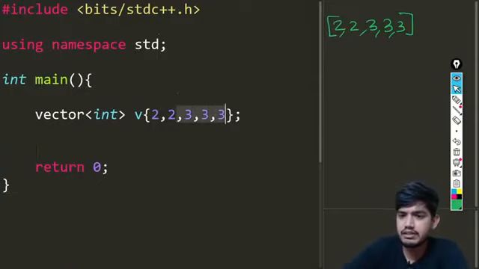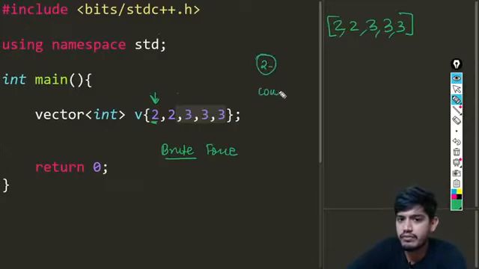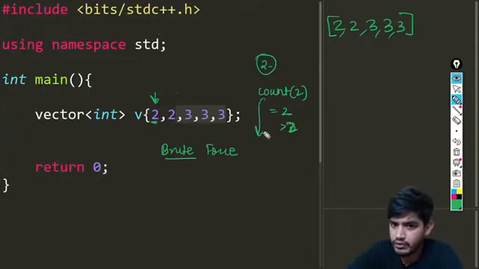First, let us talk about the brute force approach, because it is always important to come up with a brute force solution. That helps us to think, and that builds our confidence. So this is the brute force. Basically, you start from here and count the number of occurrences present in the whole array. You count how many twos are present. Here we have two twos, so the count for 2 will be 2, and that is not greater than 2. Basically that is equal to 2, so we are not going ahead with this.